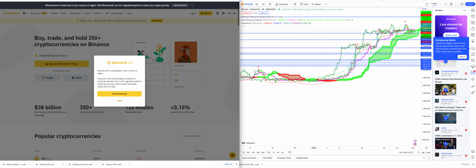You could only use Binance.us, FTX.us. You can use other ones. You can use KuCoin for now, but I don't know how long KuCoin and Gate.io are going to be unregulated for the United States. I think those two exchanges are going to be the next to actually be taken off, and we won't be able to use those.